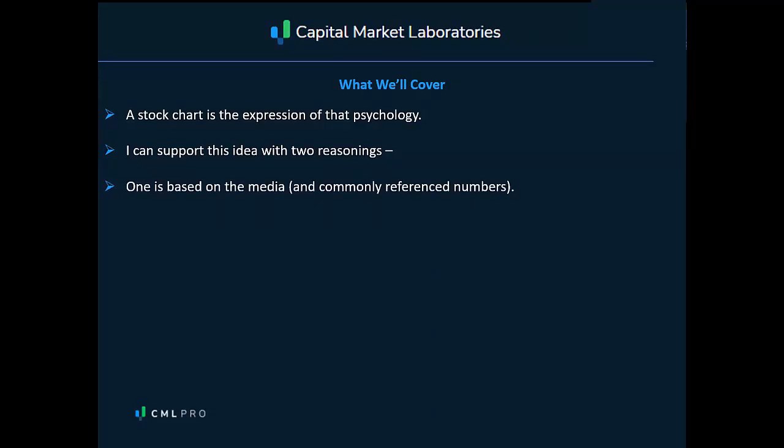One is actually pretty easy, and I can prove it to you. It's based on the media and commonly referenced numbers. I'm going to show you that first. That one will move you, but not shock you. You'll say, yeah, I knew that. The other is based on investors in each specific stock individually. Why does a chart of stock A and a chart of stock B look totally different, and I can make totally different